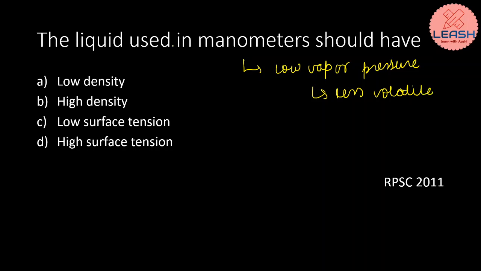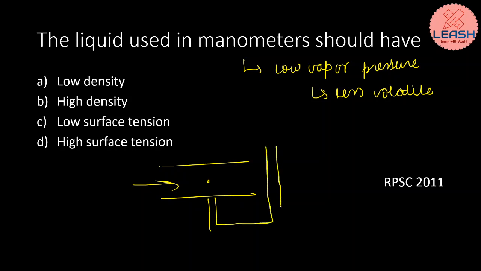because if you remember, a manometer is nothing but a glass tube, one end of which we insert in a pipeline. So for example, this is the pipeline in which we want to measure the pressure. Water is flowing in this and we want to know the pressure at, let's say, this point. So at this point we will insert a manometer. It is nothing but a glass tube. If it is a U-shaped manometer, it will look something like this, and in this manometer there will be a manometric fluid which is mostly mercury.